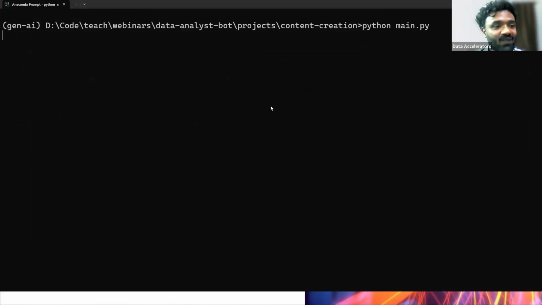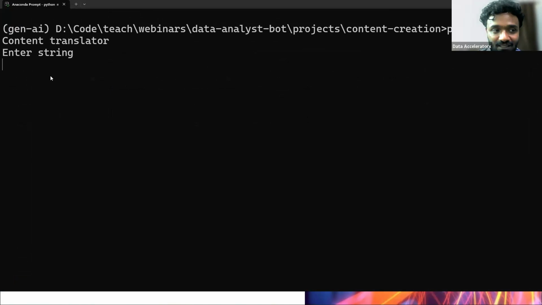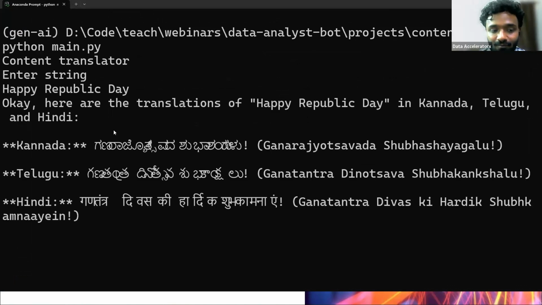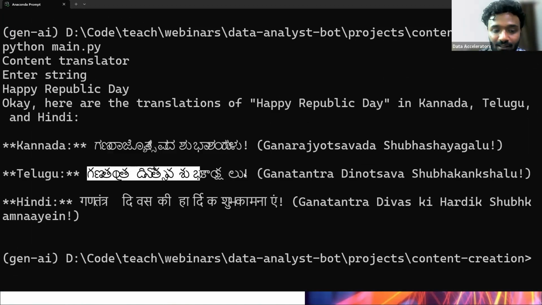And this program is a similar bot. It is going to ask for a translation for me. So let me enter some string. Let me say happy, what's coming nearby? We'll say Republic Day. Okay, so happy Republic Day. It is supposed to give me back three versions of this string: one in Kannada, one in Telugu, and one